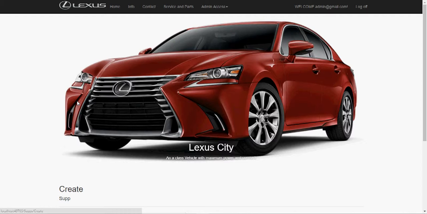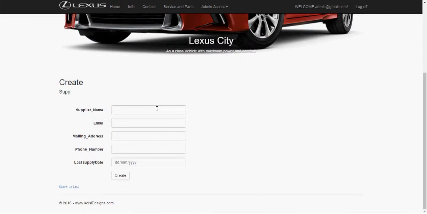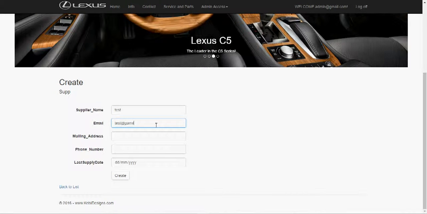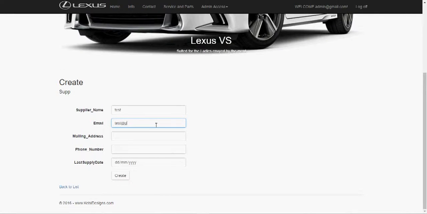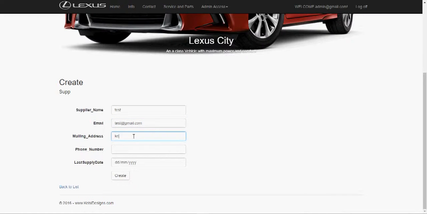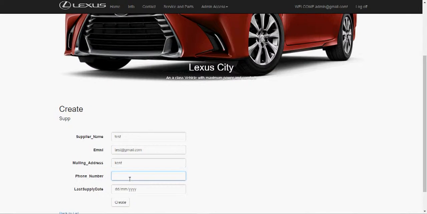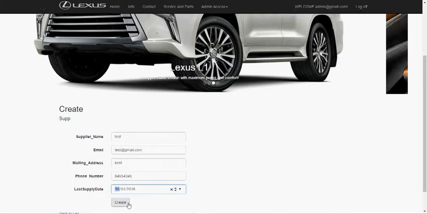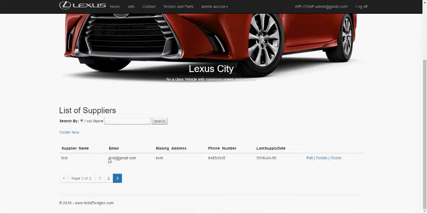And let's just create a supplier real quickly, and we're going to call this supplier test. Okay, for the purpose of this demonstration, all our data entries are going to be test. Email is gmail.com. Address is going to be Kent. Phone number is going to be that, and let's just say today's date. Okay, so if we go to our last bit of information, we can see this is the last one that